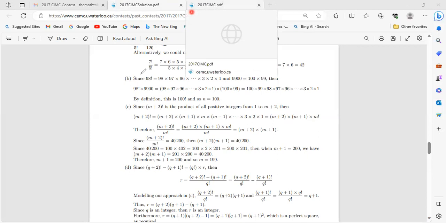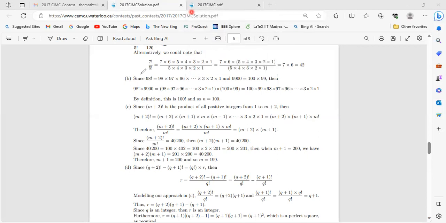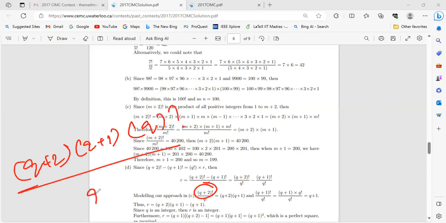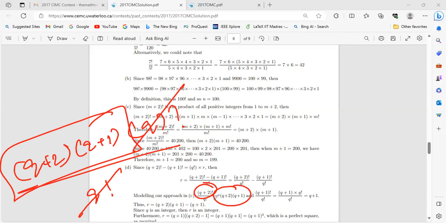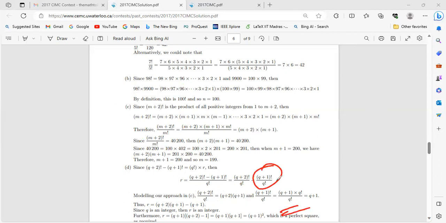Okay. I think the second one is also easy. It's just how you're arranging them to simplify. So it's q plus 2 factorial minus q plus 1 factorial is equal to q factorial times r. They're rewriting it as r equal to that over q factorial: since q factorial is in multiplication, if you push it to the other side, it becomes the denominator. And they are splitting the denominator for both the numerators. So it's q plus 2 factorial over q factorial minus q plus 1 factorial over q factorial. Again, you can rewrite q plus 2 factorial as q plus 2 times q plus 1 into q factorial. The denominator q factorial and this factorial will cancel out each other. You will be left with this for this part. And again, you just have to repeat the same thing here as well. So it's q plus 1